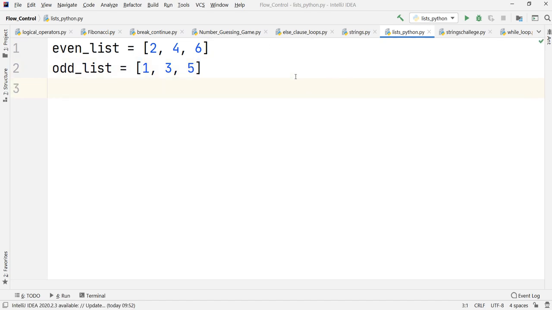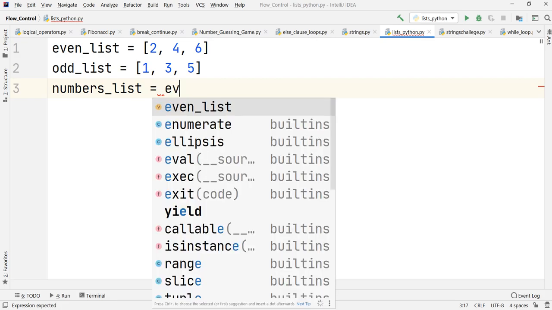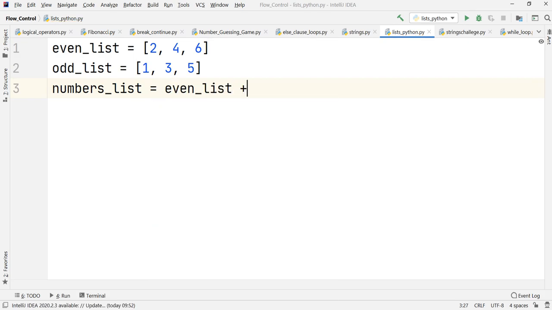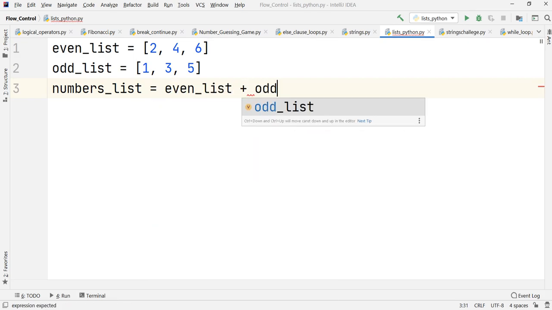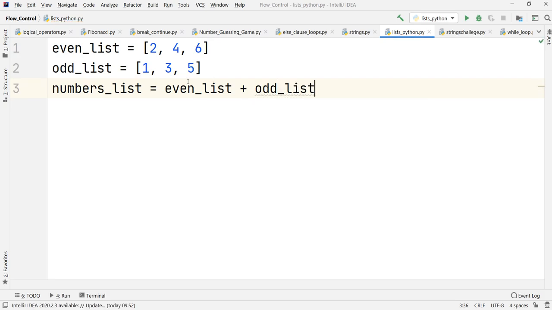As we have seen in the documentation, the common sequence operations are possible, and one of them is that we can concatenate. So numbers list, I can equate it to even list plus odd list. What it means is that I have written a statement to concatenate the two lists. Like we used to do concatenation with strings, the same concatenation should be possible with lists as well.